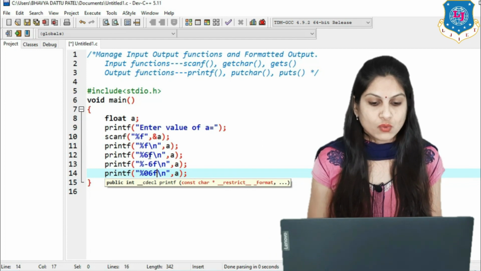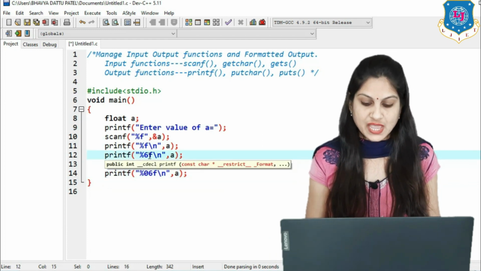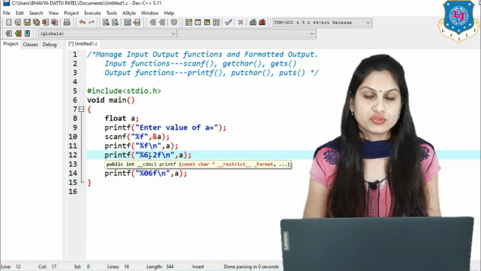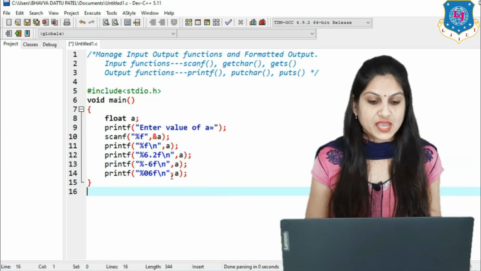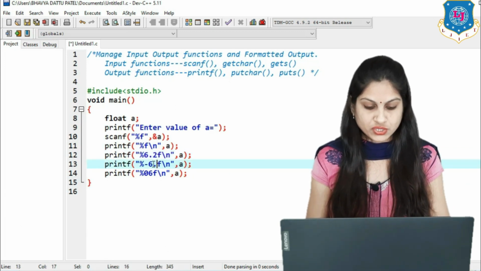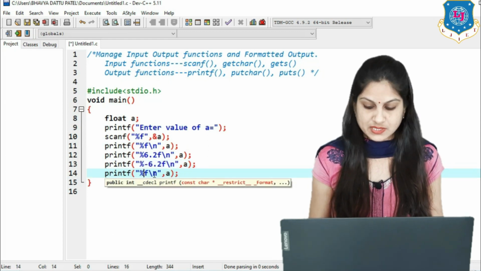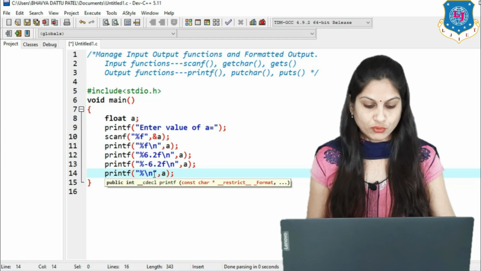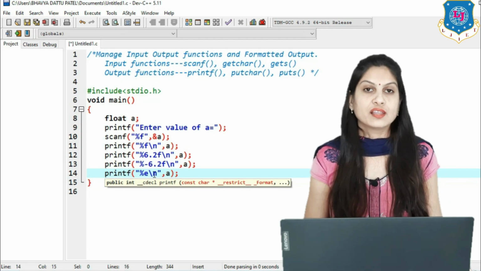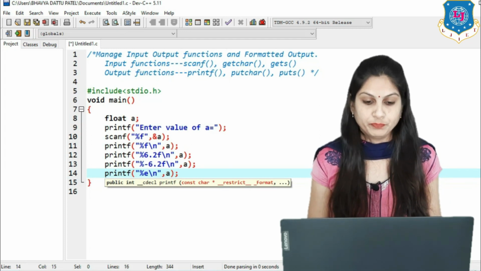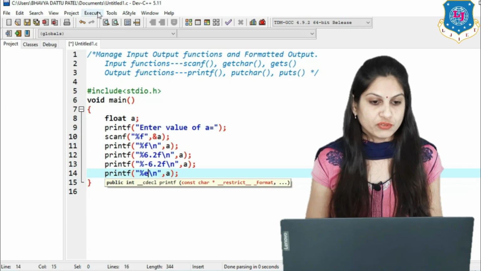So for that, instead of 6 we now write 6.2. Then we write minus 6.2, and then instead of 06 we simply print the float value in exponential form using %e.